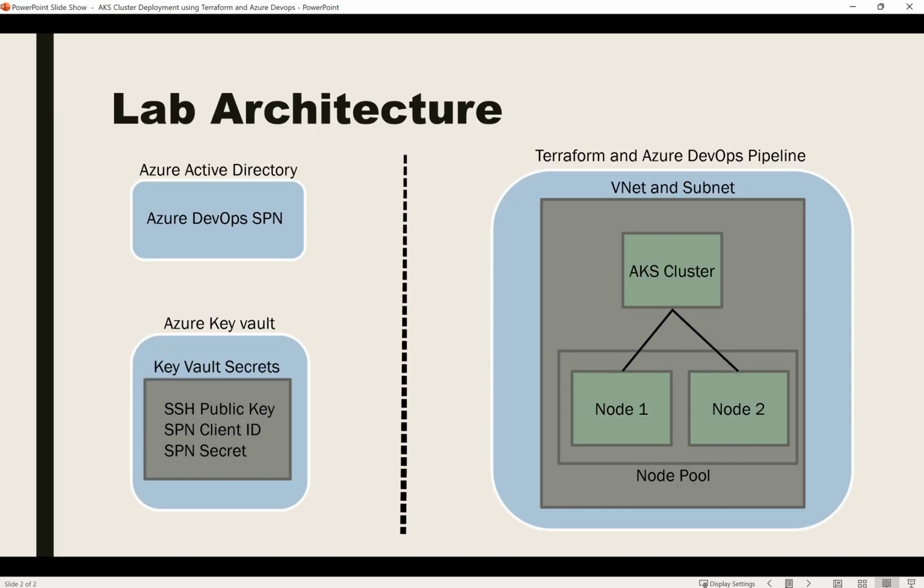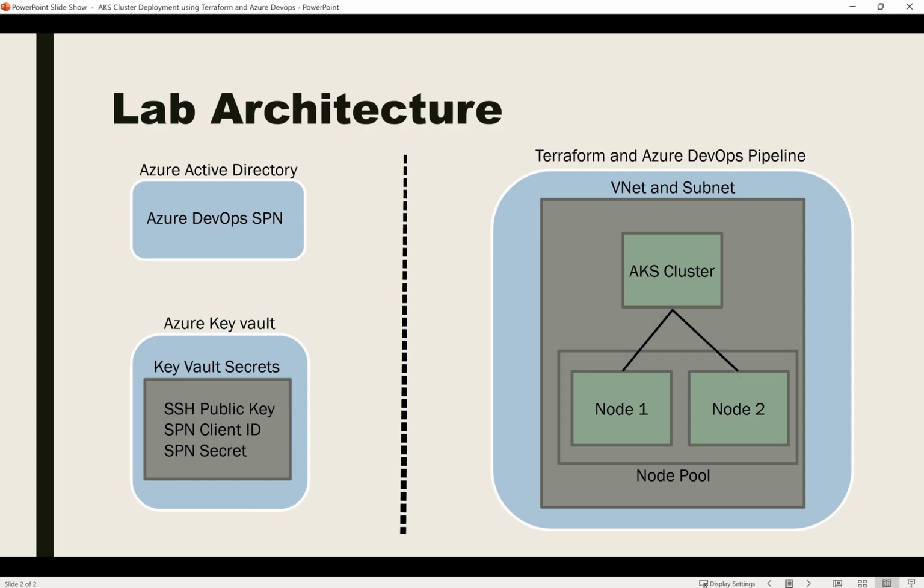This slide shows all the resources which will be created in this video. On the left side of the screen are the prerequisite resources which have to be created before deploying the cluster. So the first resource which will be created is Service Principal. Azure Kubernetes Cluster requires Service Principal to access different resources as well as interact with them, like Container Service and